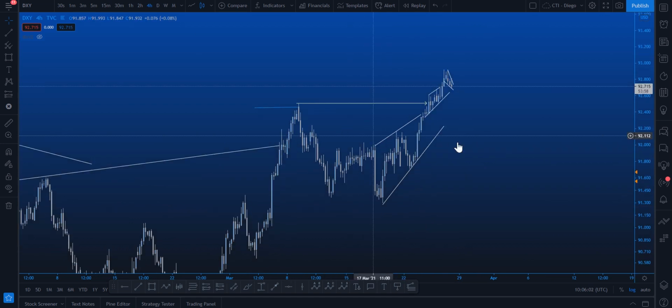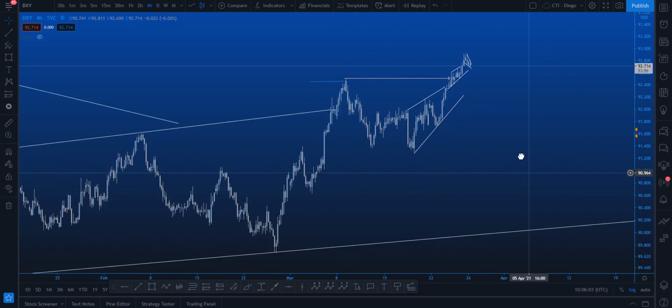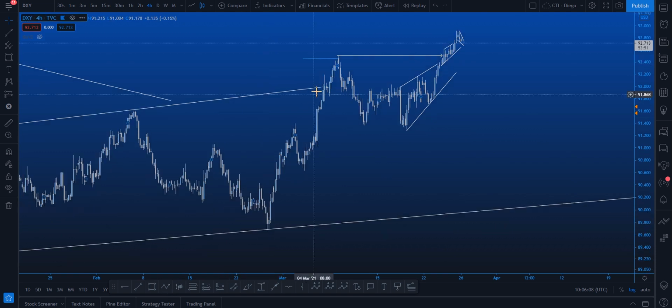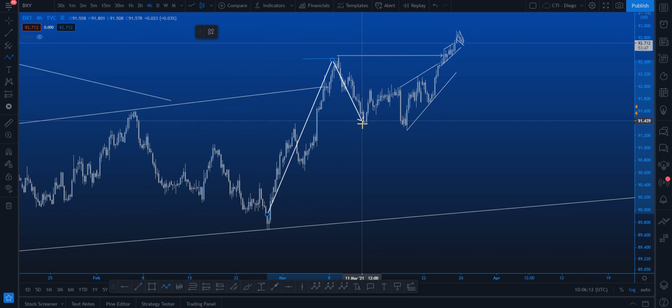So first of all, the original analysis on the DXY was simply a fake out of the pattern, a close back inside, a retest, and a continuation. We can see the compression followed by the momentum to the downside. So I was expecting price to continue south. However, that never happened. What happened next was that this original flag, as you can see, momentum, compression, momentum,